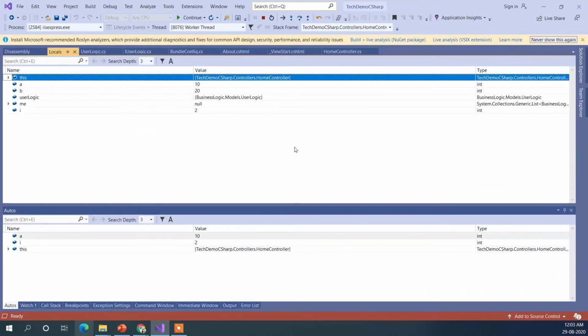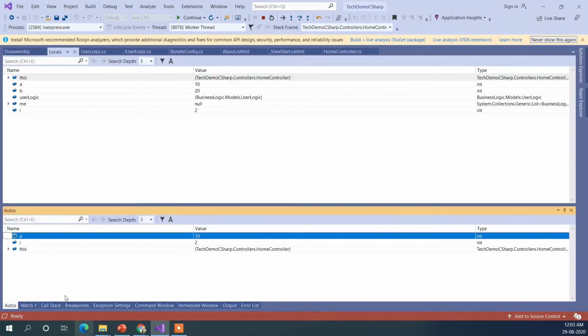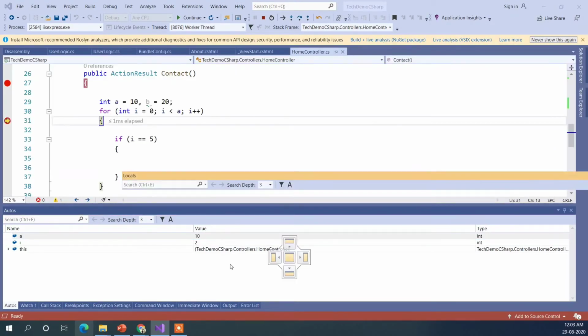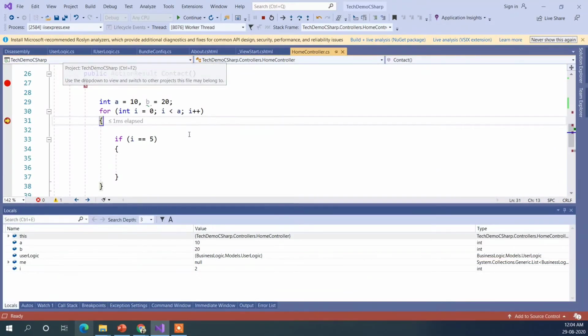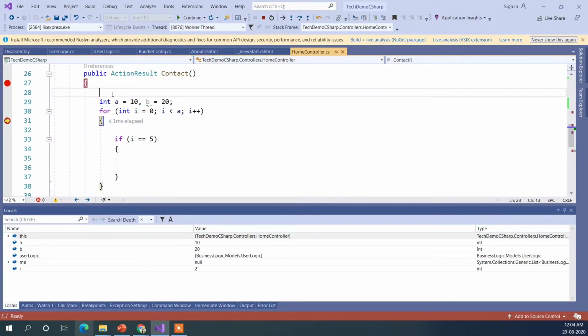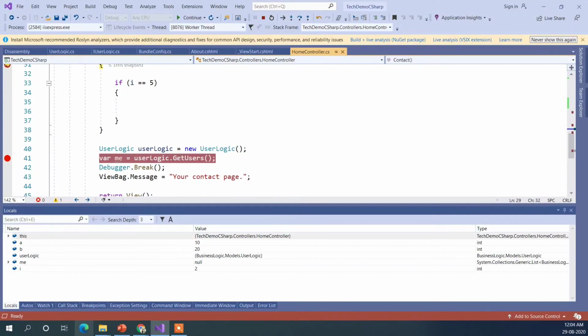There you go, this is the locals window. So that should be somewhere. Okay, it's above. Let me just put it again at the bottom. So as you can see this locals window will contain all the variables we have inside this block where the breakpoint is. So you can see it will have a, b, this which is going to be the controller of the class, and maybe user logic which is going to be the next one.